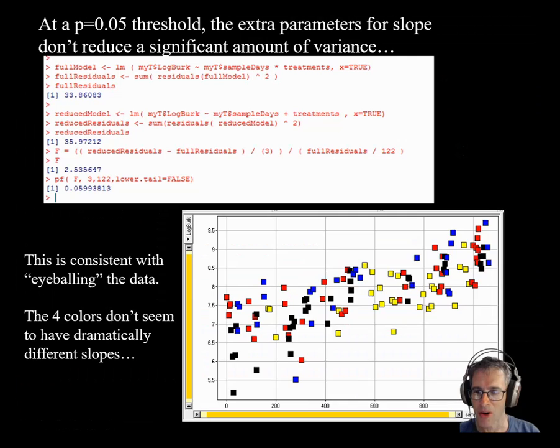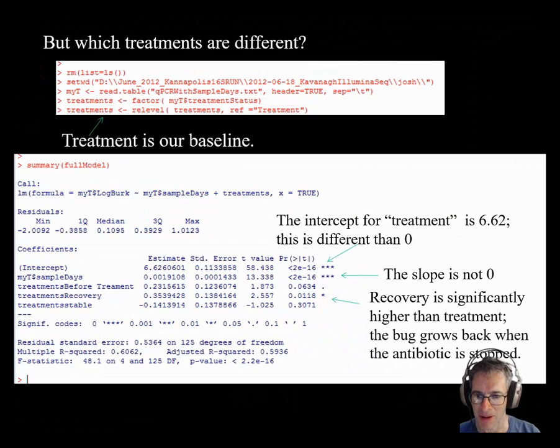And so R is giving us inference on that hypothesis that the intercepts are different relative to the treatment, because this estimate of the beta coefficient is the difference in the intercept between each one of these conditions and the background treatment intercept. Right? And so the null hypothesis is that these are 0, and we evaluate these null hypotheses with these p-values that are here using the t-statistic. And in this case, only one of them comes out as higher. It's the recovery. So recovery is significantly higher than treatment,